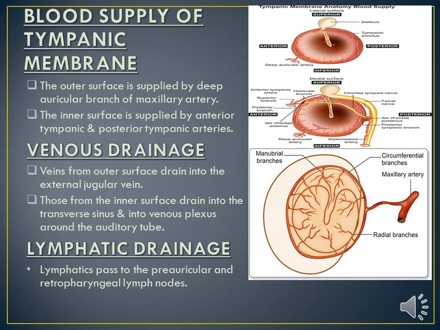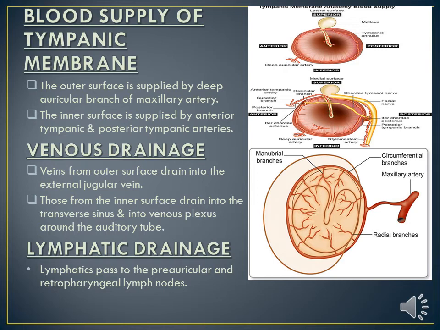Blood supply of tympanic membrane. The outer surface of the tympanic membrane is supplied by the deep auricular branch of the maxillary artery, and the inner surface is supplied by the anterior tympanic branch of the maxillary artery and by the posterior tympanic branch of the stylomastoid branch of the posterior auricular artery. Veins from the outer surface drain into the external jugular vein, and from the inner surface